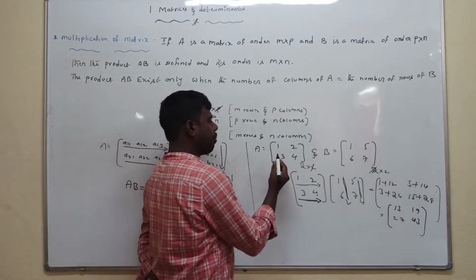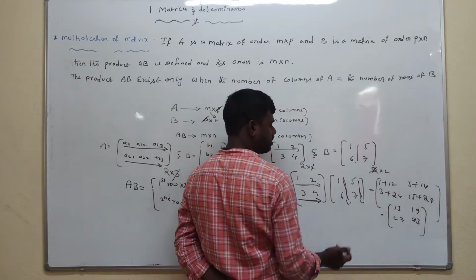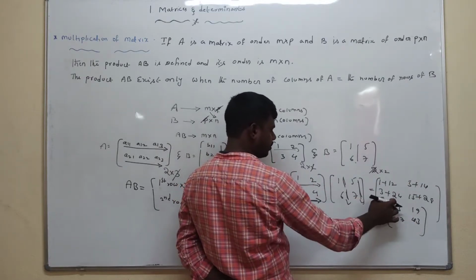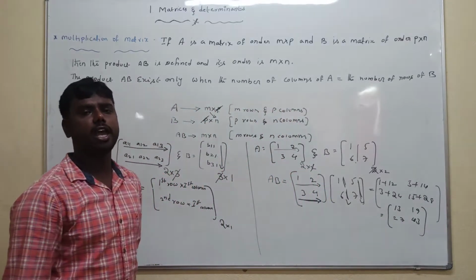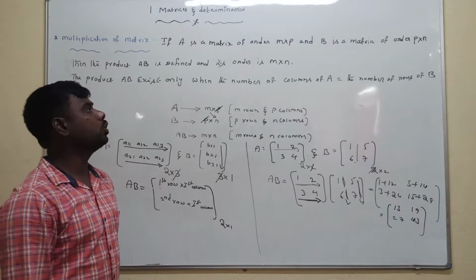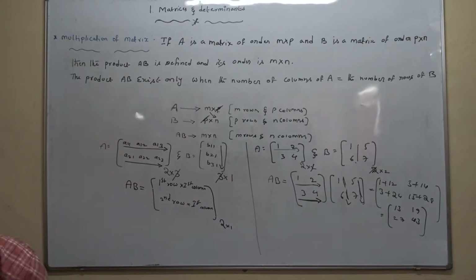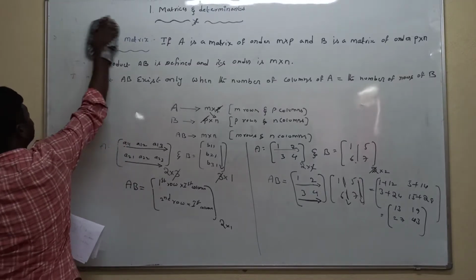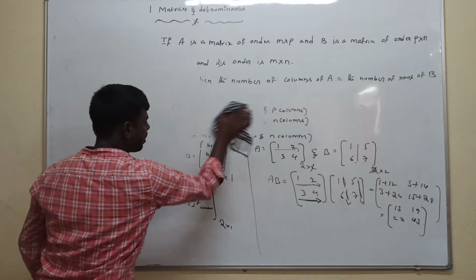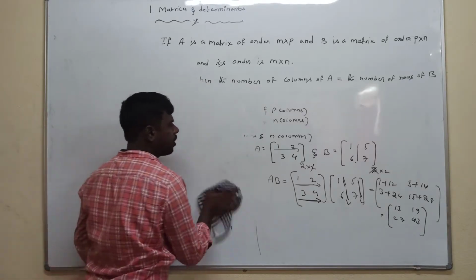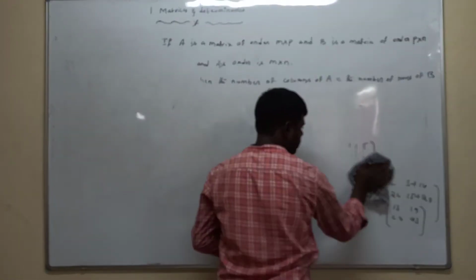The 2 by 2 matrix is the product of the first row, first column; first row, second column; next, second row, first column; second row, second column. Finally, we get the product of the AB matrix. Like that, we should multiply those two matrices. Now we are discussing problems, so we are going to the exercise, exercise 1.2. I think everyone understands the basic concept of the multiplication of matrices. So next we are discussing the exercise questions.